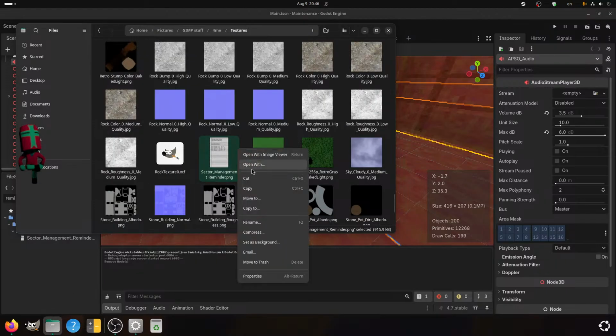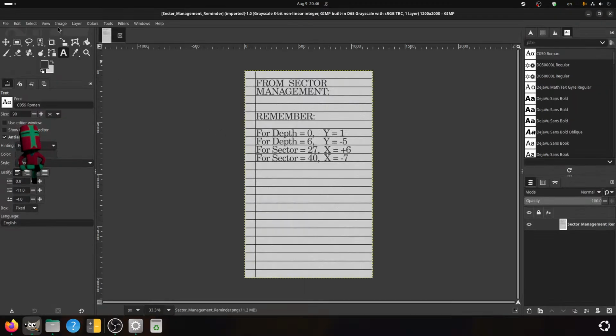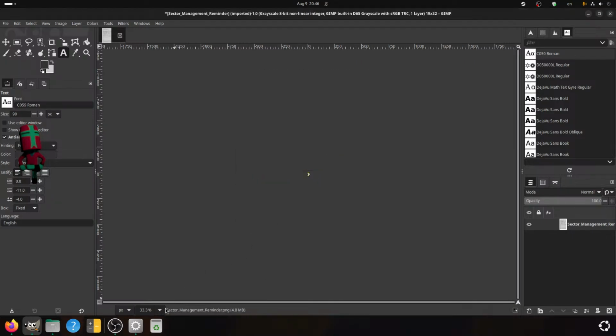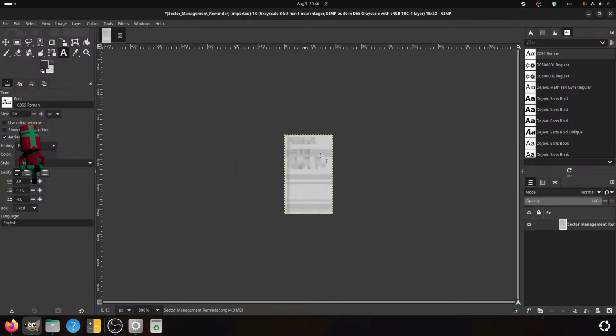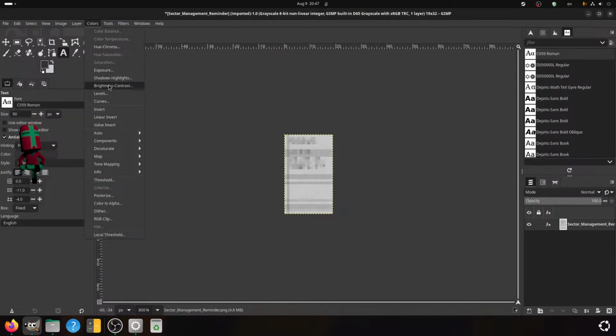Yeah, you know what? First of all, open Q, image, scale image to like 32. Okay, stack that a bit.